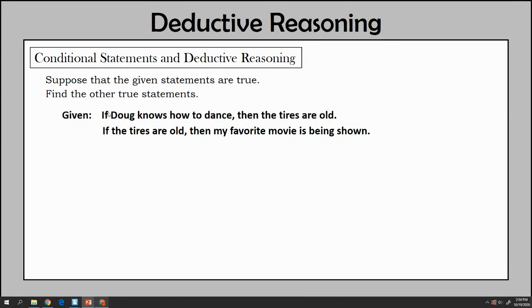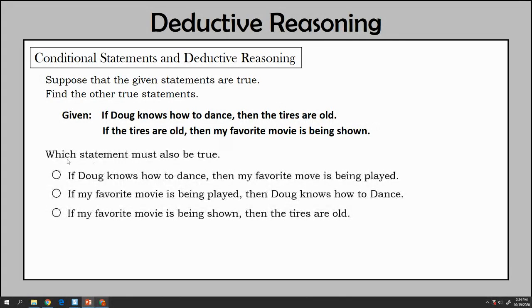Okay, here are some questions now that use the last two concepts we just talked about. It says, suppose that these statements are true. So we're not trying to decide if this is true. They're telling us this is true. So it is true that if Doug knows how to dance, then the tires are old. That's true. And it's also true if the tires are old, then my favorite movie's being shown. The question is, based on these statements being true, what conclusion can we draw, or what other statement down here would be true? Well, when I see two conditional statements tied together like this, I immediately think about the law